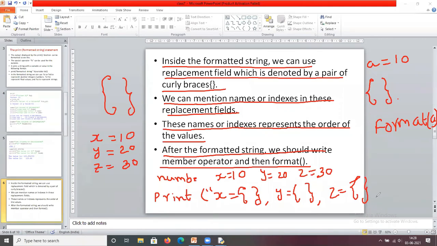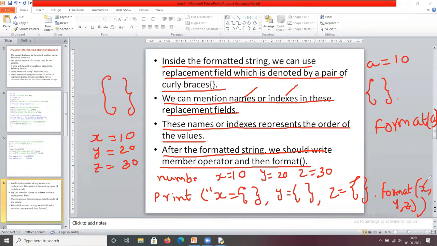Now here we are going to use dot format. In these brackets, you give the variable names: x, comma, y, comma, z. And here in these braces, you are going to specify these names or indexes.